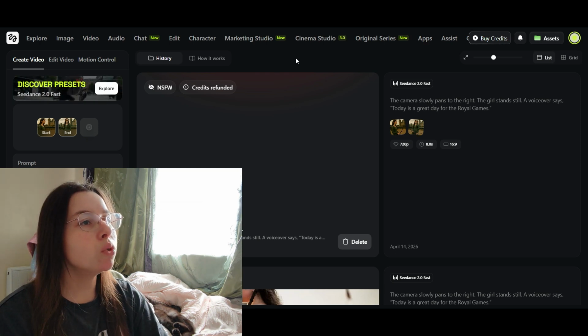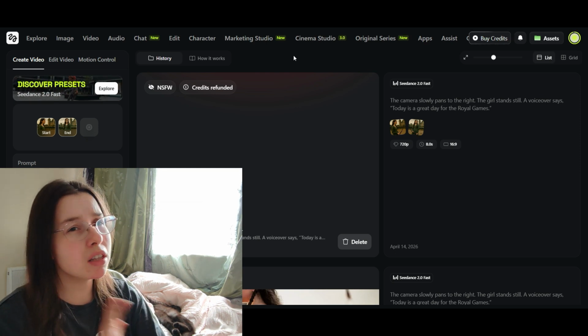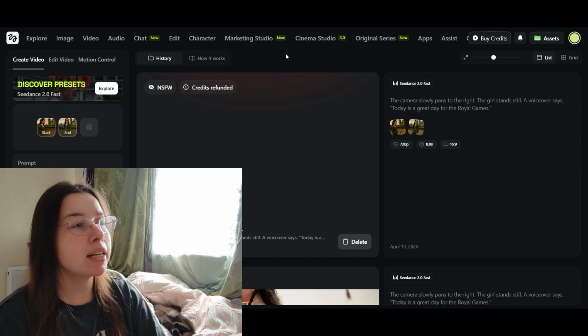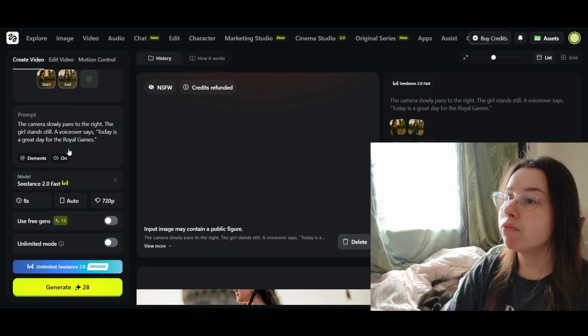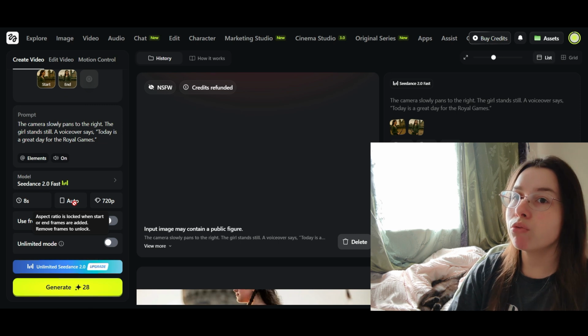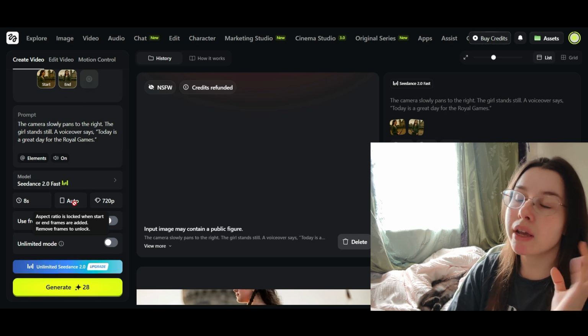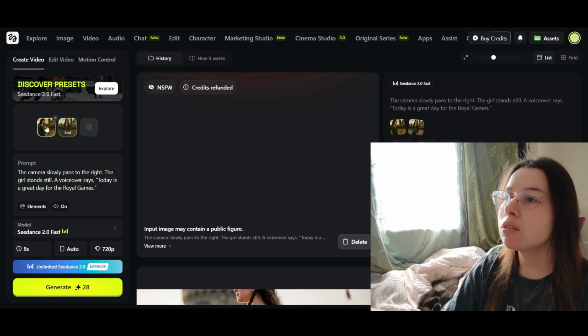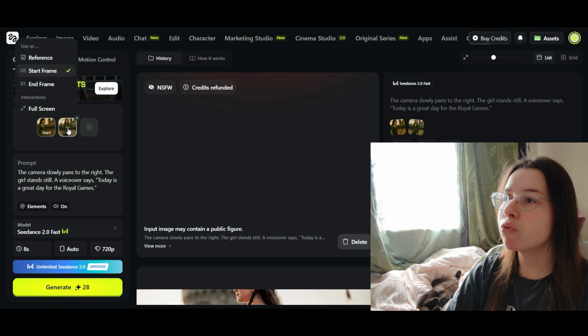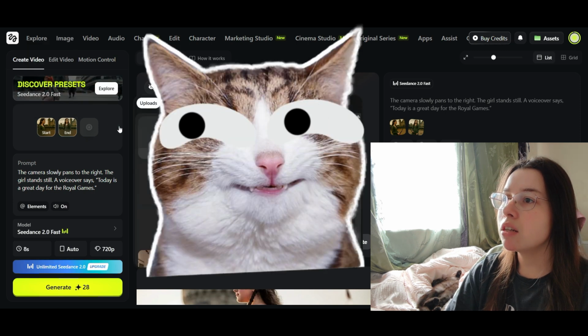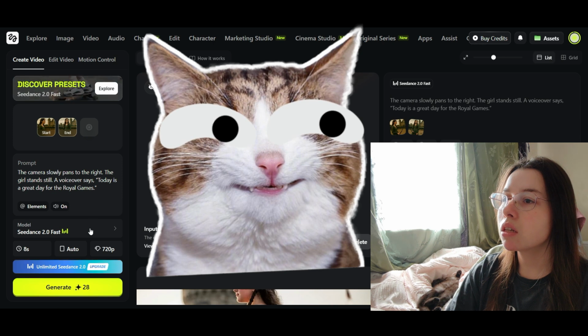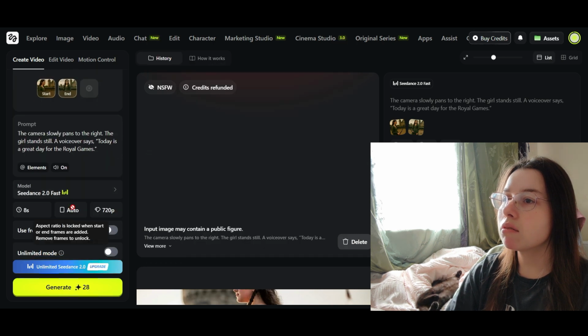I wanted to show you how to fix a problem in Higgsfield. I see that they have a problem with format, ratio. I will explain it. Basically, if you have two images and you press start frame and end frame, there's a problem because it says it's automatic, but